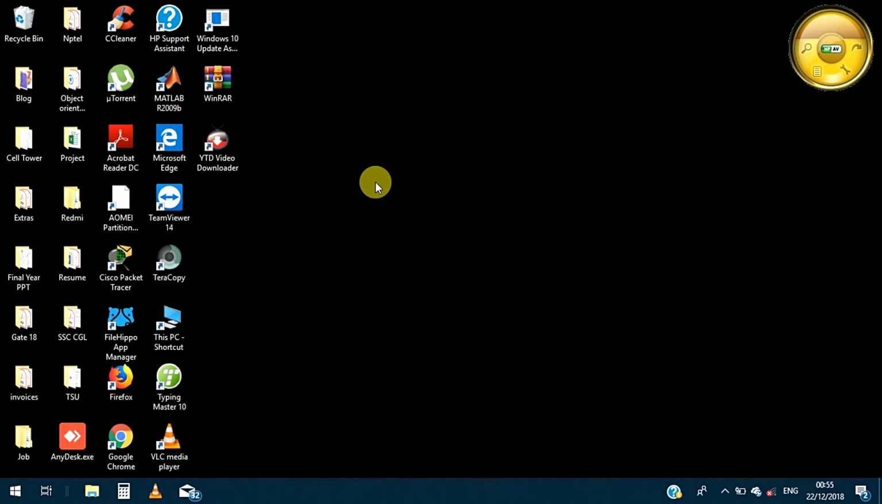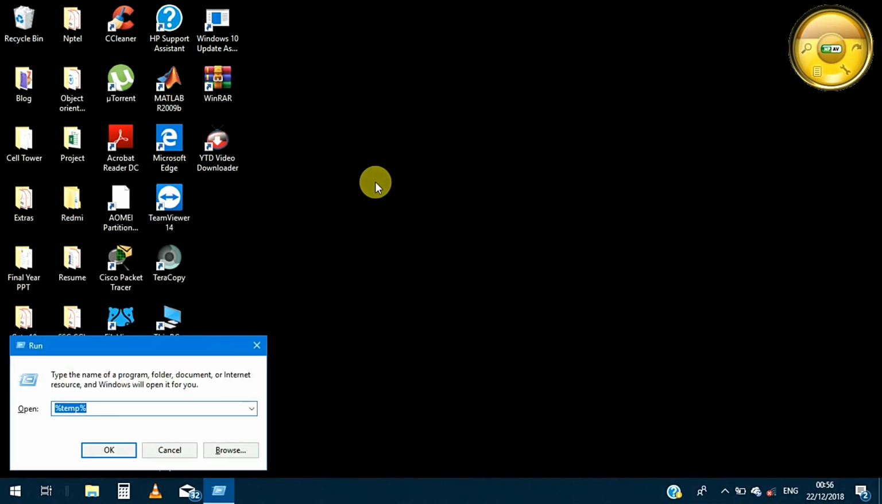So what you can do, we have tried this with one or two softwares. We haven't tried this with all the software. So far it has worked, but if it doesn't work for you, please let us know in the comment section down below. So what you have to do, you have to go in the run command and you have to type